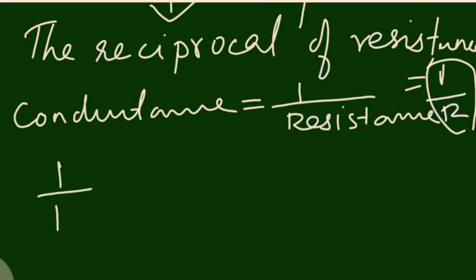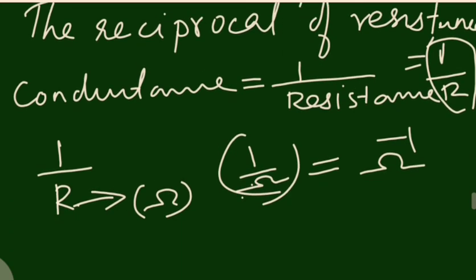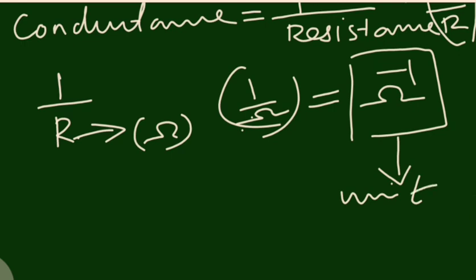Now if you look at the unit of conductance, what will be the unit of conductance? We know it is 1 by R. Unit of resistance is ohm. So 1 by ohm will be the unit of conductance, and 1 by ohm can be written as ohm raised to minus 1 or negative 1. So ohm raised to negative 1 is the unit of conductance. Sometimes it is also written as